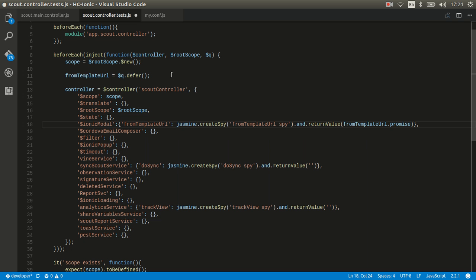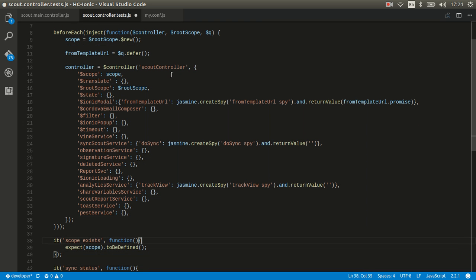Just to run it, I have to do it. All of them empty. Here's the same situation, but we don't need a promise, so I can return an empty string. And here's the same, I can return an empty string. So everything else is just empty objects. So